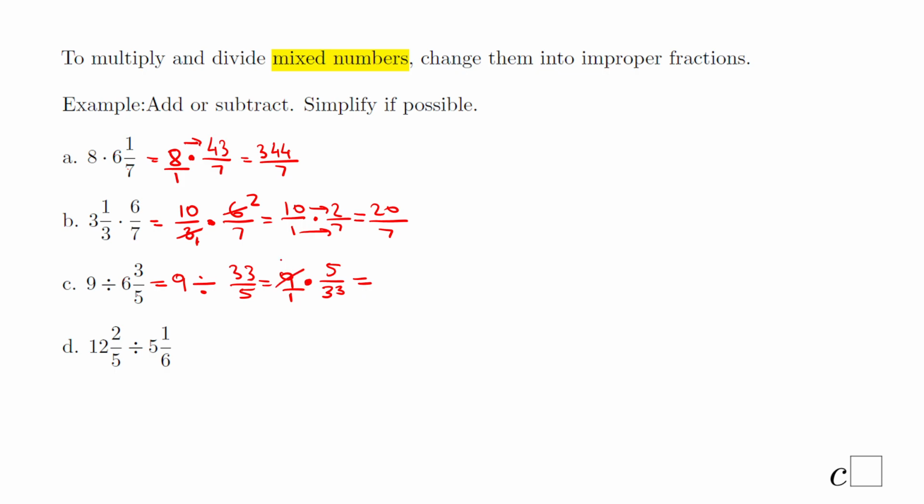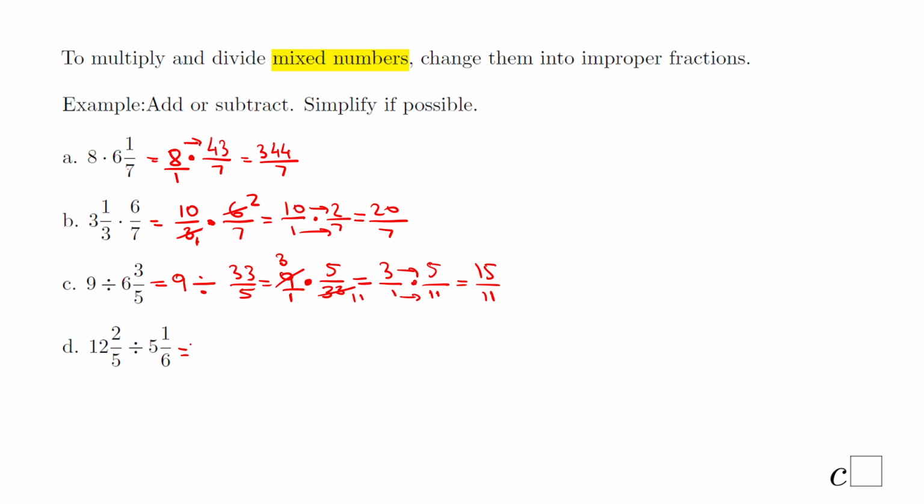9 divided by 3 is 3. 33 divided by 3 is 11. So we have in fact 3 over 1 times 5 over 11. 3 times 5, 15. 1 times 11, 11. And that's it for C. And the last example in this lesson will be